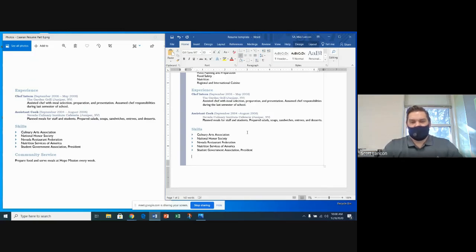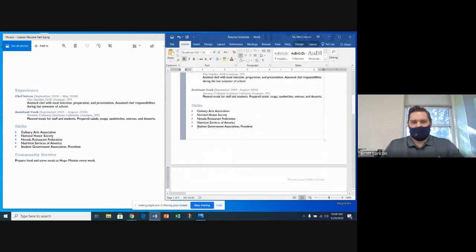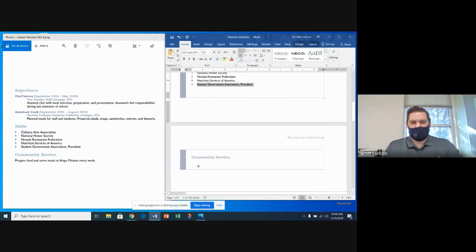Now you may be saying to yourself, I don't see a community service area. What could I possibly do here? Here's what you can do. Copy the skills. Go down here, paste it. And then go in and change the name. Okay. And then copy this text, paste it, but then take out the part that's causing it to be a bullet point thing, and then just do